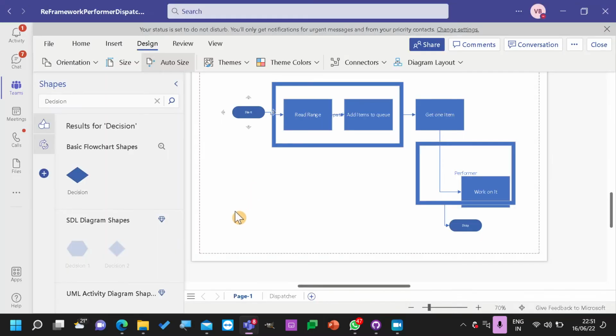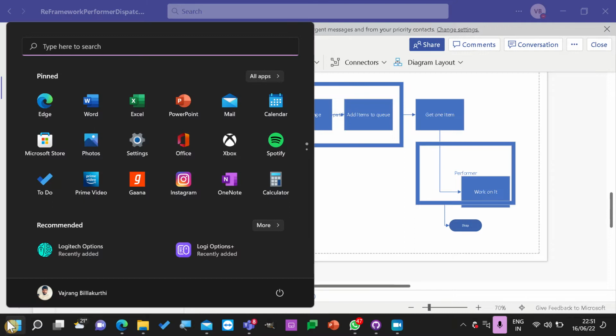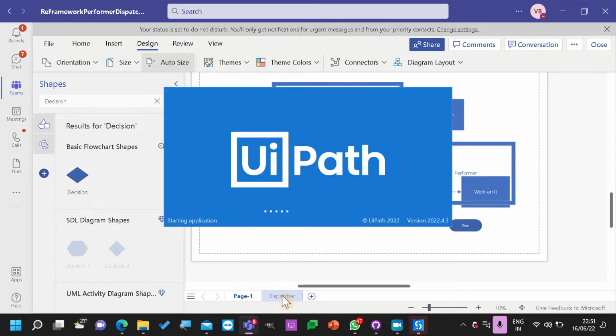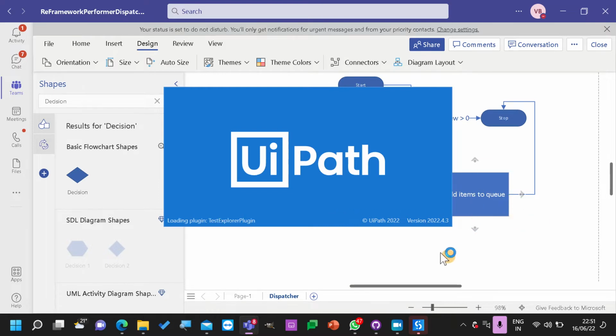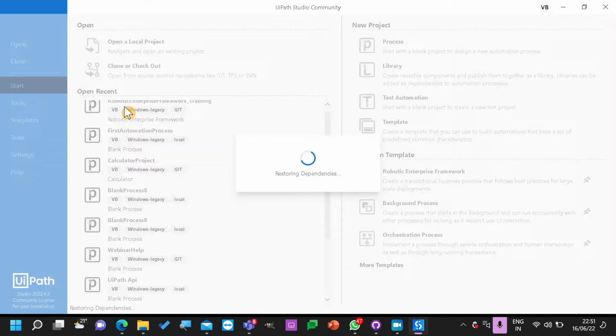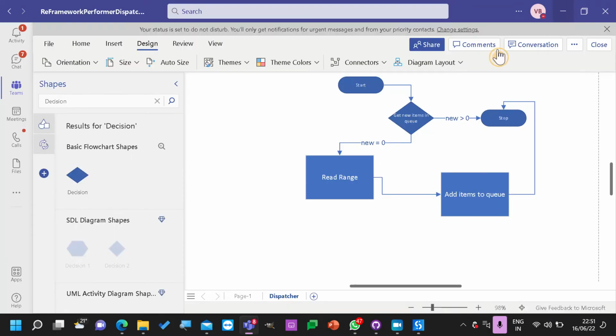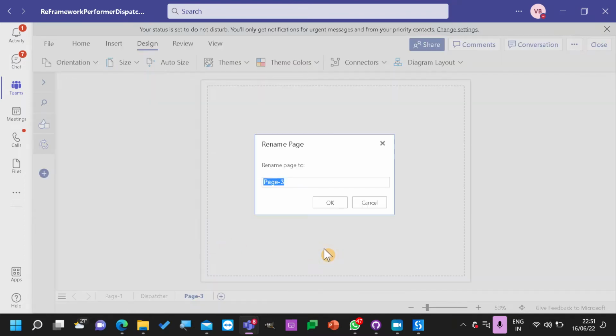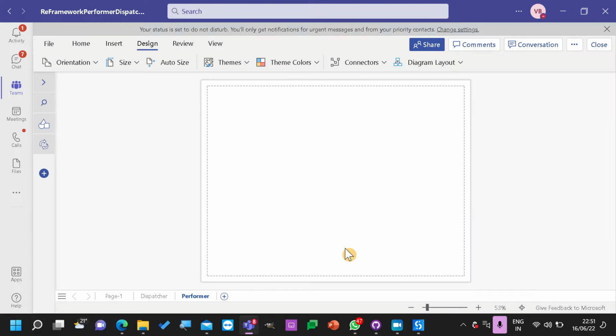I think this is throwing an error. Let's go ahead and try with UiPath Studio. So this is a dispatcher process. Now what about the performer? Again, I'll take the same code. The best thing that I'll do is when I try to create a solution, I will not create everything from new.